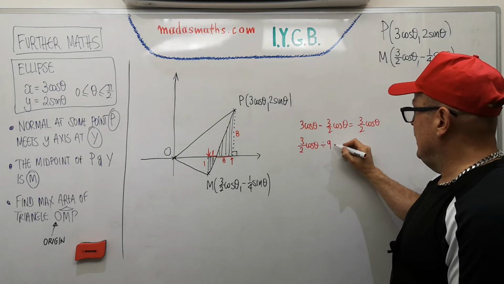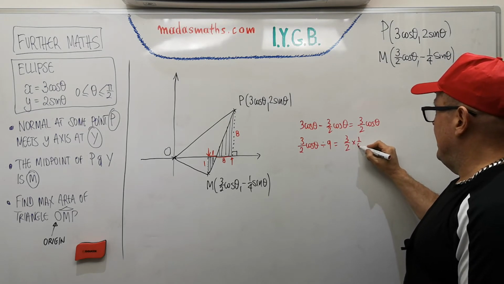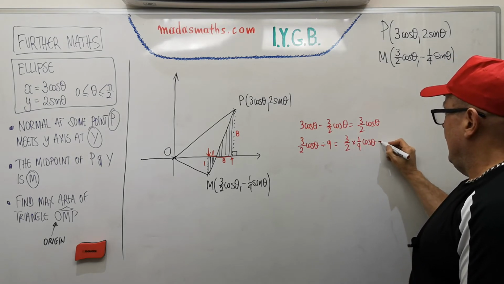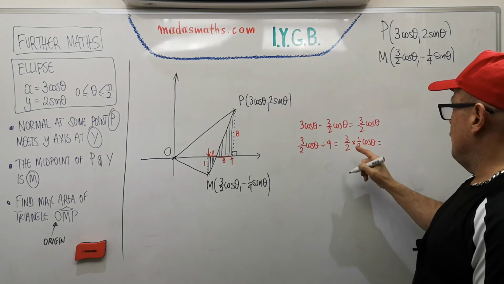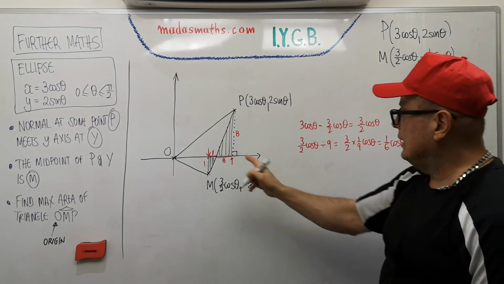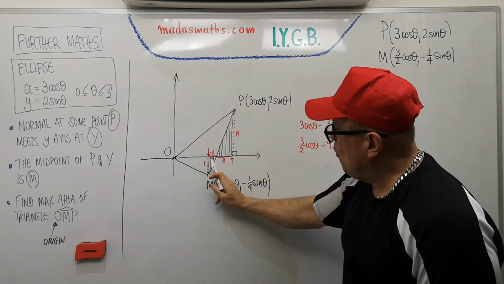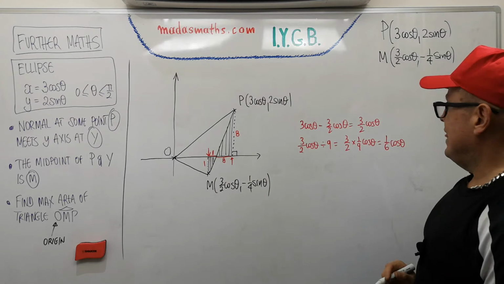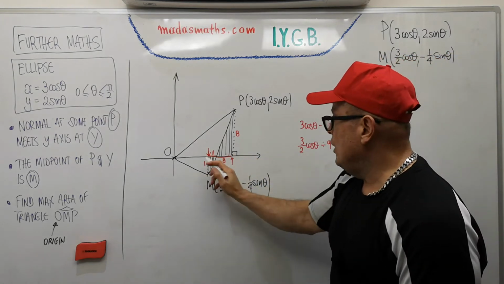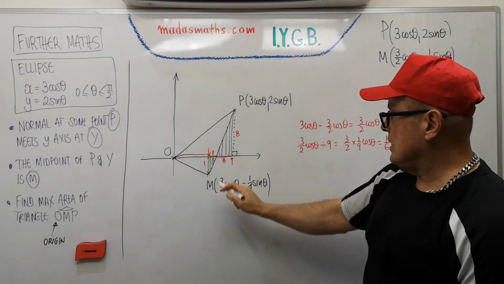So divide by 9, which of course is the same as multiplying by 1/9 cos theta. And this will give me 3 over 18, 1/6 of cos theta. Where is that 1/6 part? This is this length here. That length here is 1/6 of cos theta. Therefore, I know how far it is from the origin to this point where the arrow is, because that's the x-coordinate